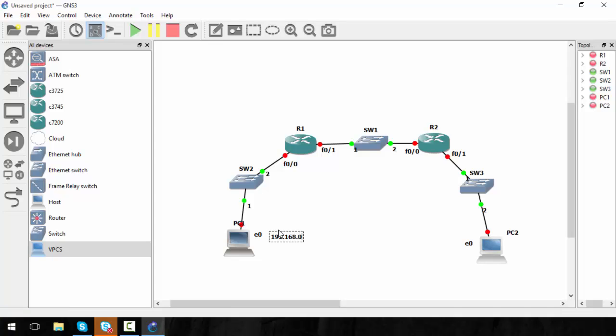So let's set the PC1 to 192.168.0.2 and let's keep R1 as the gateway, and the IP address for that will be 192.168.0.1. And then on the other side of the router we will pick another network. So we will go with the 10 network. So we'll do 10.0.1.1